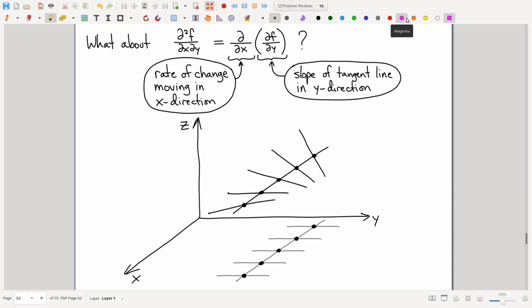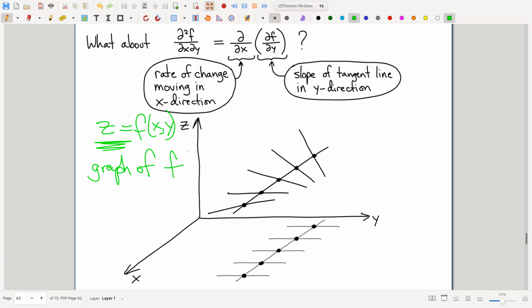And I think the best way to understand this is I'm not actually even drawing the surface. But do keep in mind, we are talking about a graph here, and so in particular, this is a picture of z equals f of x, y, which of course means we're looking at a graph of f. I'm not going to draw that actual graph, but let's think about these partials, and let's just do it one at a time.